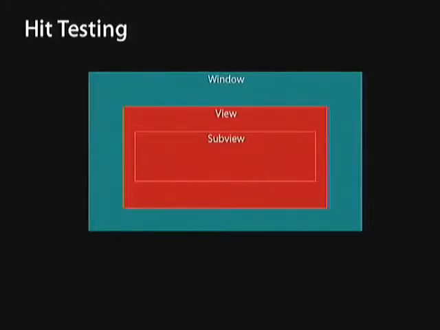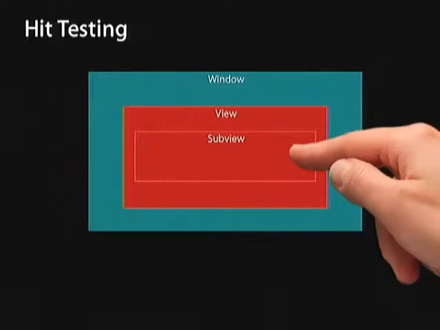So UIKit actually figures out what window the event belongs to. It figures out, just based on the point on screen, what window it's in. But then the window tries to hit test its subviews. So UIWindow will call hitTest:withEvent:, this method, on each of its subviews. And every subview gets a chance to try and figure out if the event is within itself. So by default, hitTest:withEvent: on UIView